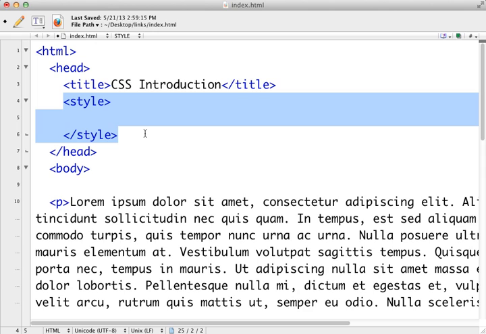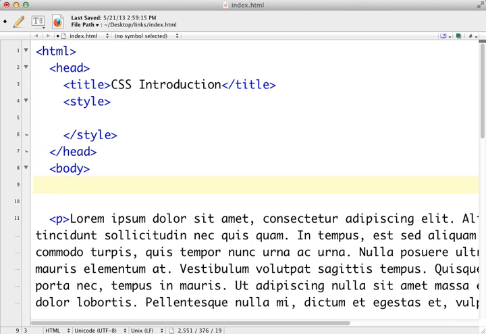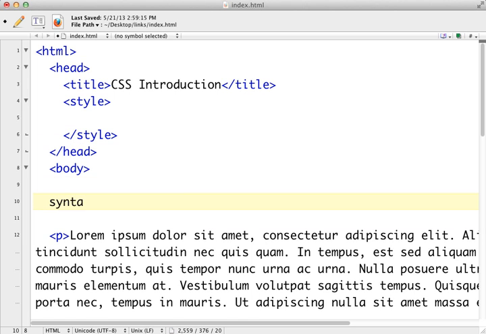Now this is kind of a strange concept because HTML is its own language. We've gotten used to its syntax a little bit. But now we're about to start a second language. CSS has its own syntax. If you're not familiar with the word syntax, it's a good word to learn here. Syntax is sort of like the order in which computer code is written. Think of it as grammar